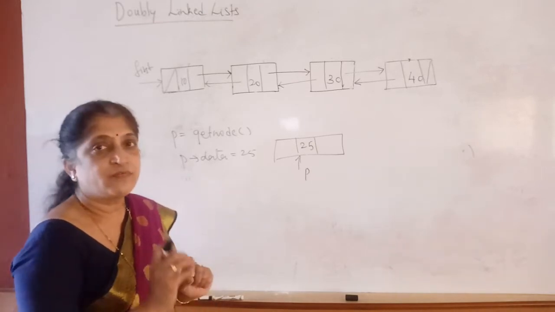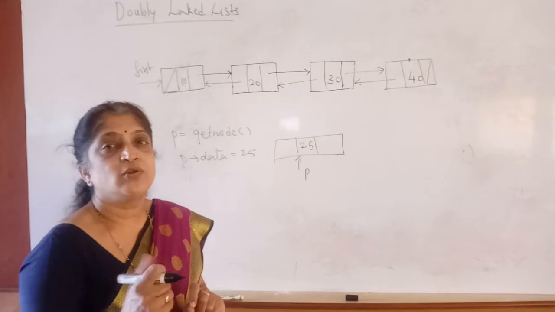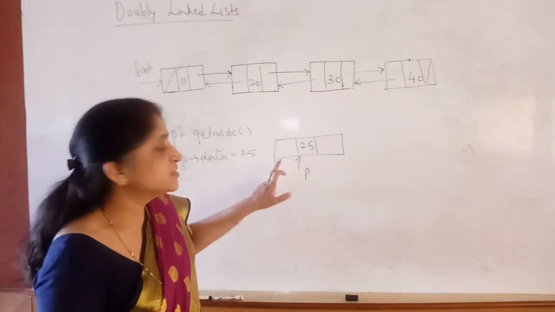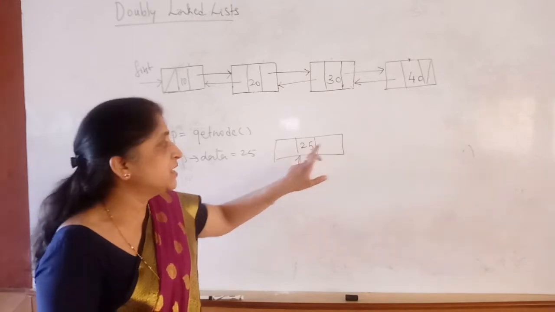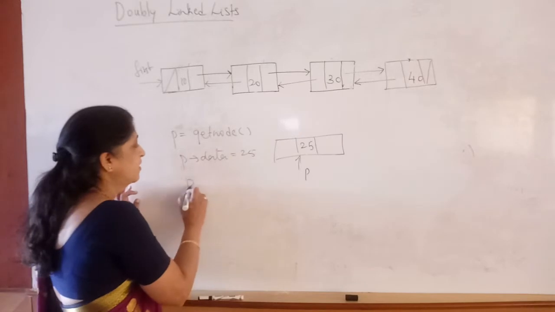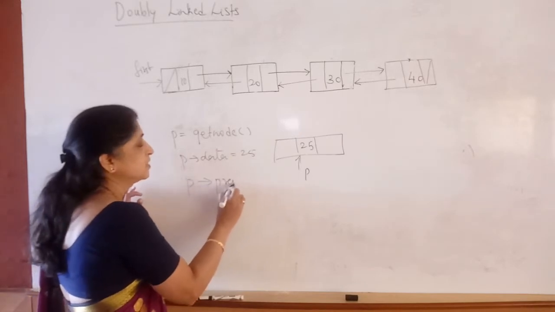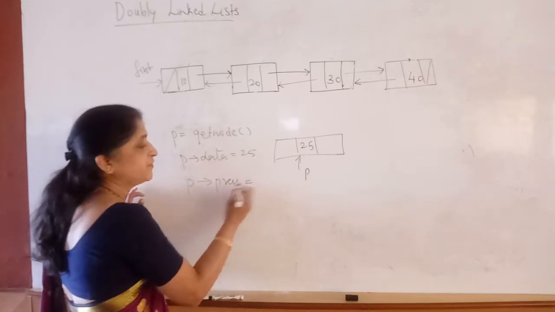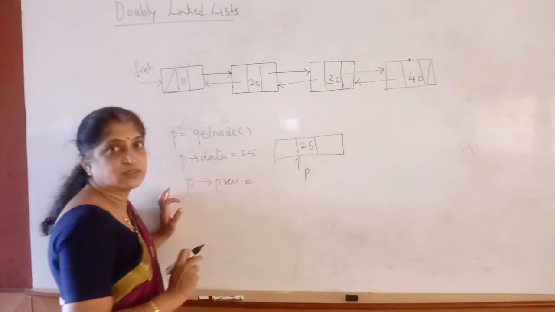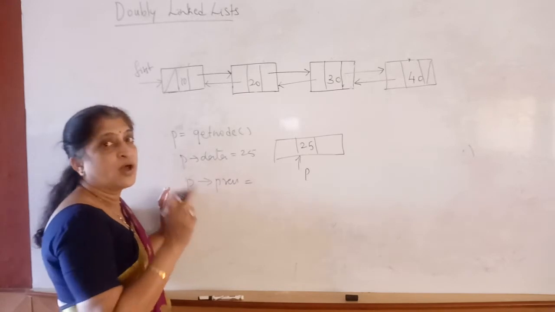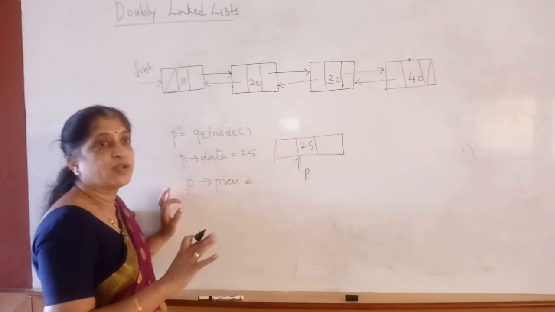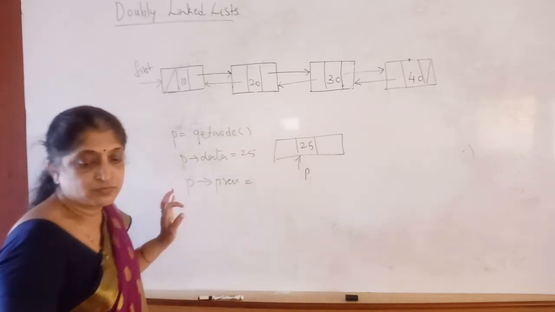When we are adjusting, we have to take care that we do not miss or lose any of the pointers. So to take care of that, first let us write into the previous field and into the P next field. What should I write here? I have to write into the P previous field. What is it that I have to write? I have to write a pointer to this. But do I have a pointer to 20? Currently I do not have a pointer to 20. So what should we do?